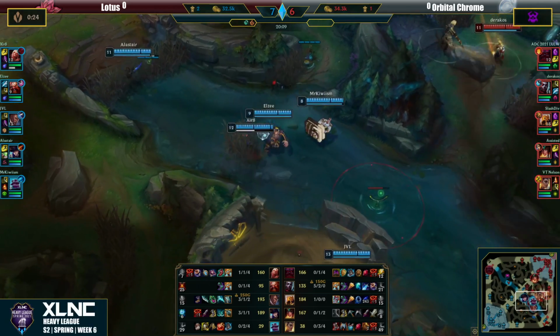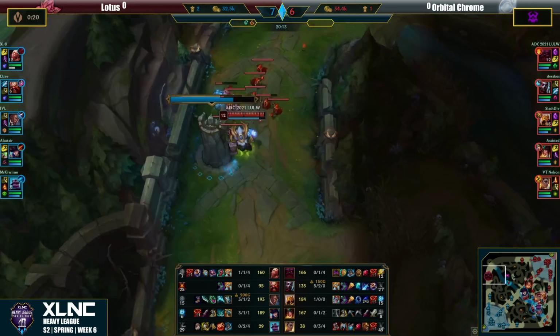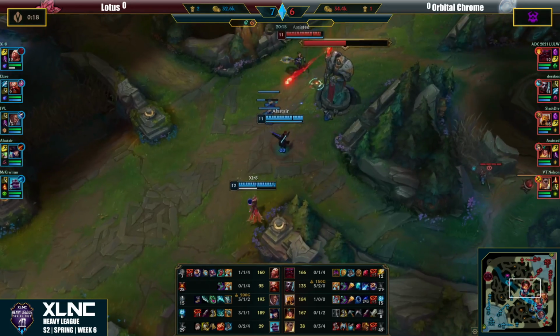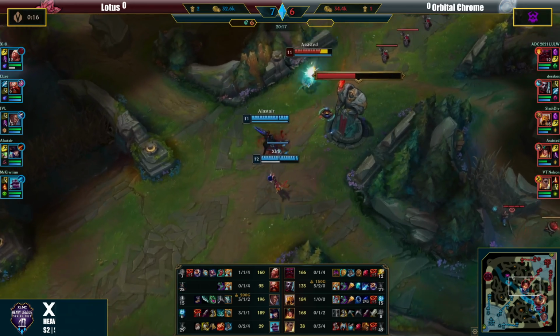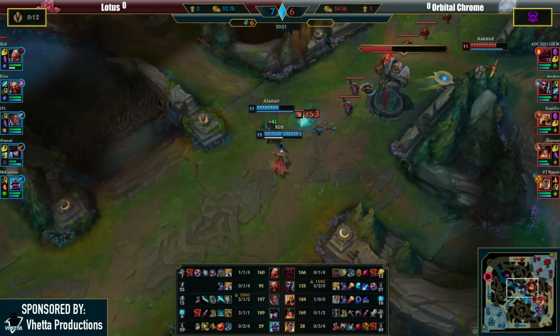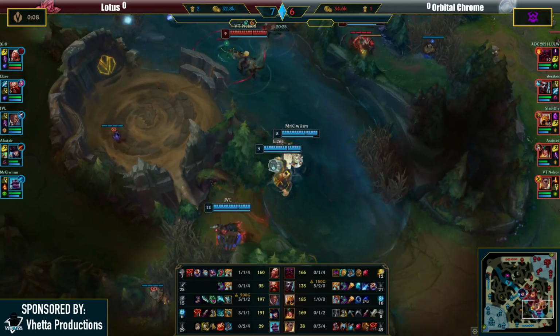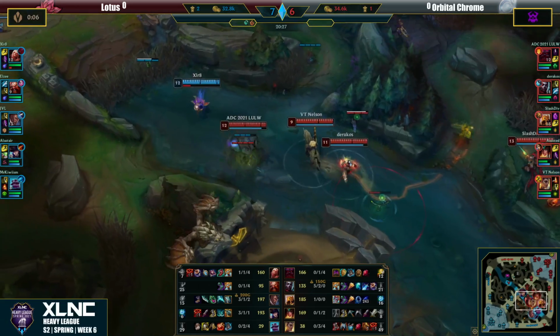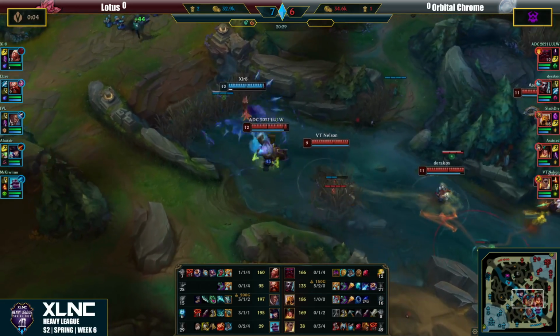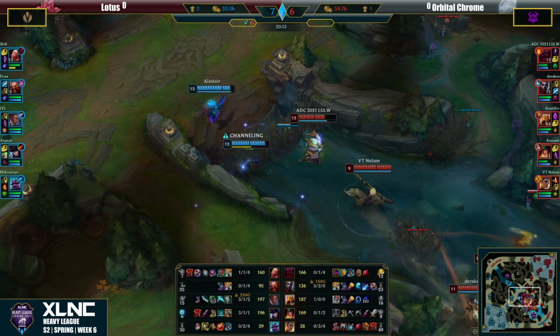It gives you that shield. It gives you the extra resistances to survive the Echo. And if the Echo can't kill you immediately as we get further into this game, what's the point of having an Echo? Yeah, that is the point of having the Echo, is to burst out. And yeah, they have been extremely unlucky. Double Ocean Soul in their first 2 games when they were already behind. And now that Mountain Soul, it's been, the Summoner's Rift has not been a fan of Orbital Chrome tonight,